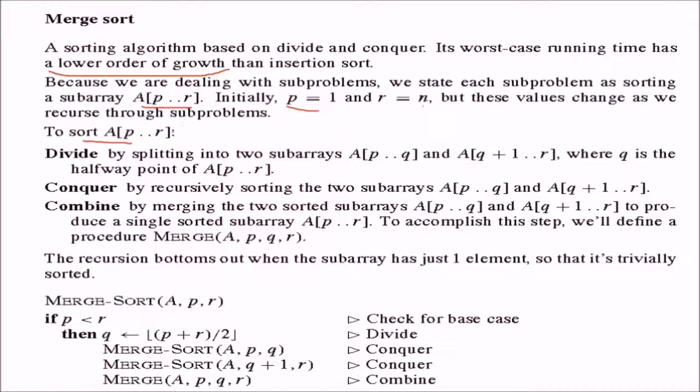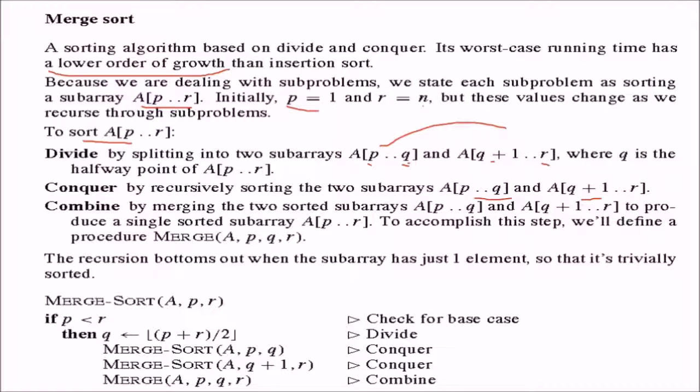methodology which is adopted. So divide by splitting into two subarrays means we are dividing it from 1 to, say, n by 2 and then n by 2 plus 1 to n. And in case we want to generalize, we say from A[p..q] to A[q+1..r], where q is the halfway point of p and r initially. As I said, n by 2, just because this is the first time we are dividing it, but when we divide it again and again, this p, q and r are going to vary. So conquer by recursively sorting these two arrays, because we'll get these arrays again and again in smaller form or smaller numbers.